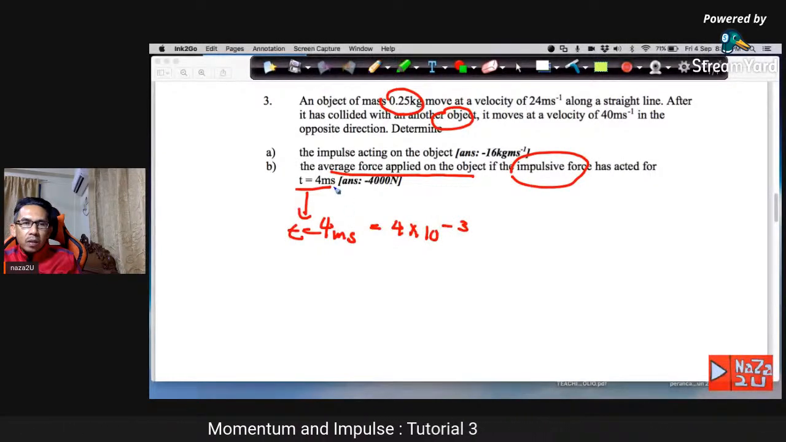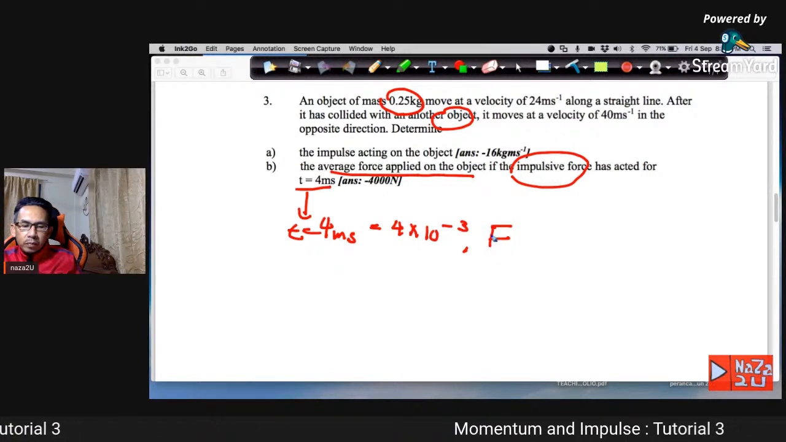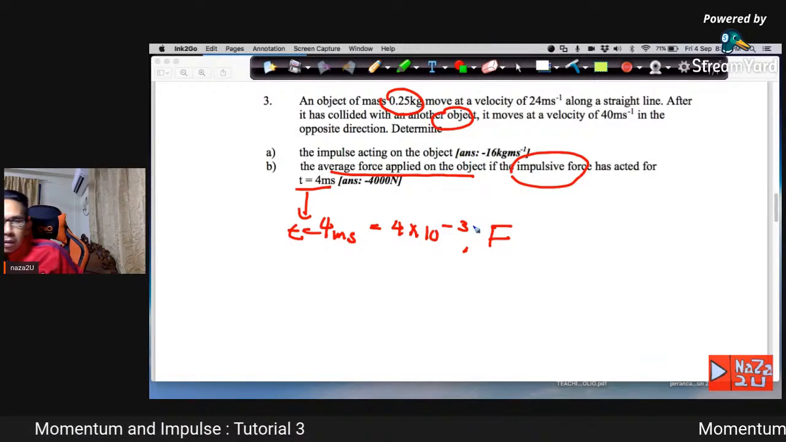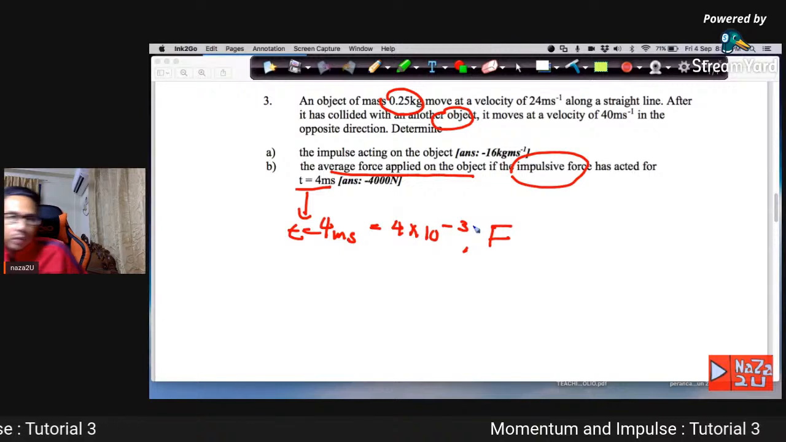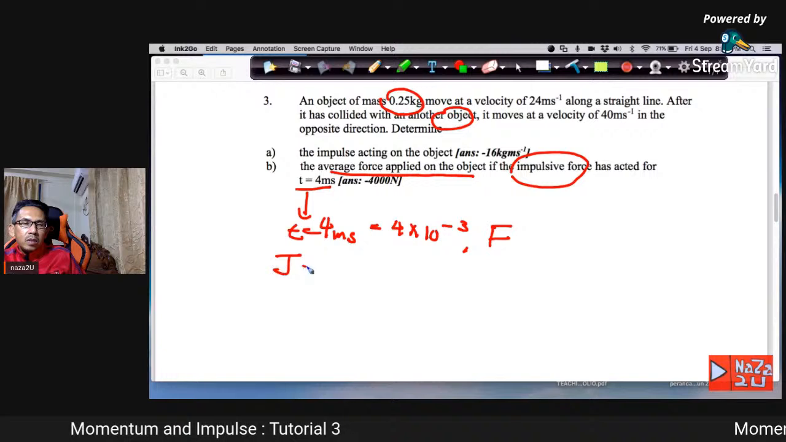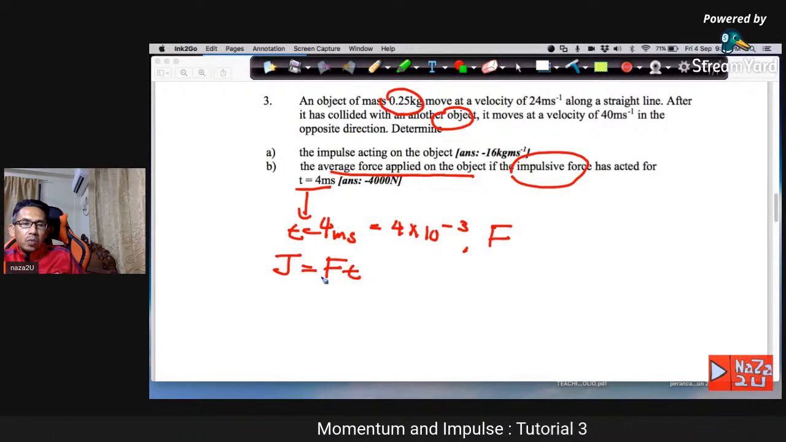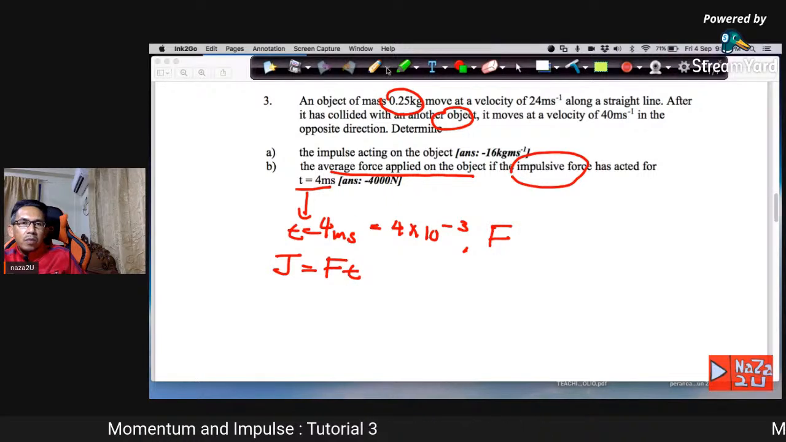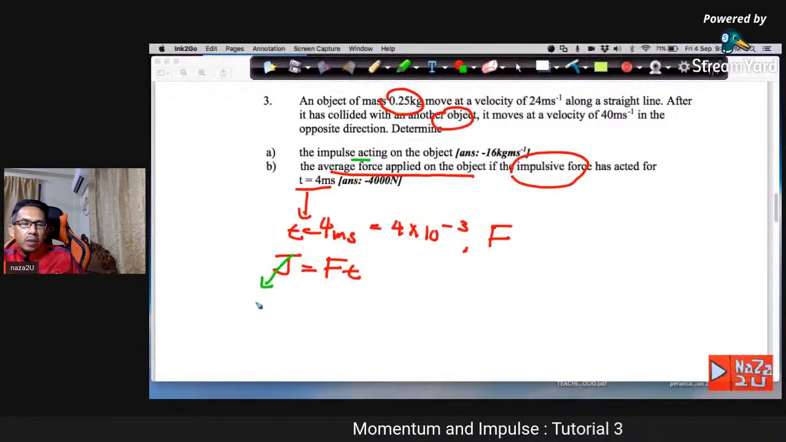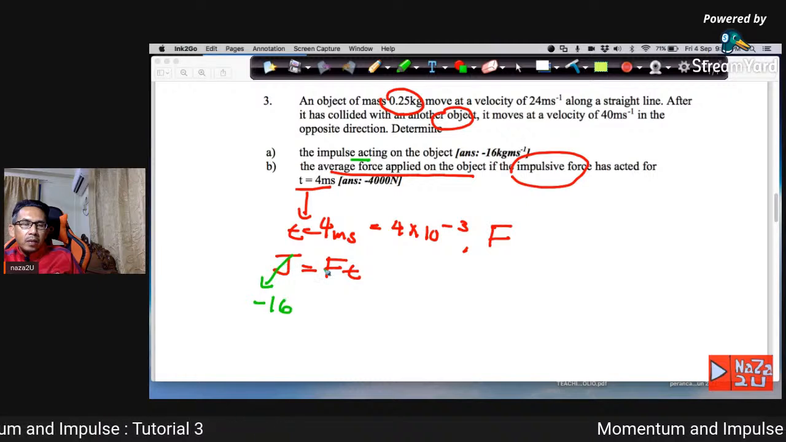So the question asks you to calculate the force. So what is the force applied when the process, the object 0.25 kilogram collides with another object. So you can use the equation impulse J is equal to force times time t. So now the impulse J comes from the answer in number A, negative 16. You must use the negative because